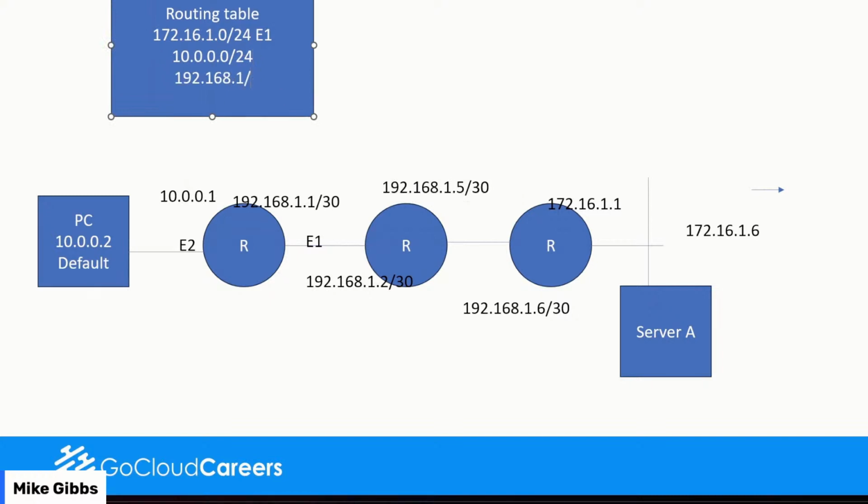This is going to be /1.0/30, that's on E1. And then to reach the 192.168.1.4/30, use E1. So that's what it's going to be in a routing table.